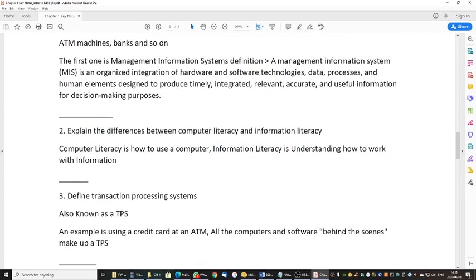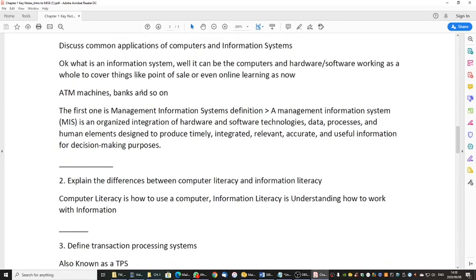The first thing we are looking at is the definition of management information systems. It's known as an MIS, and it's, as I explained already, hardware, software, data, processes, and human elements that actually produce useful information for decision-making purposes. So if we look carefully here, it is comprised of